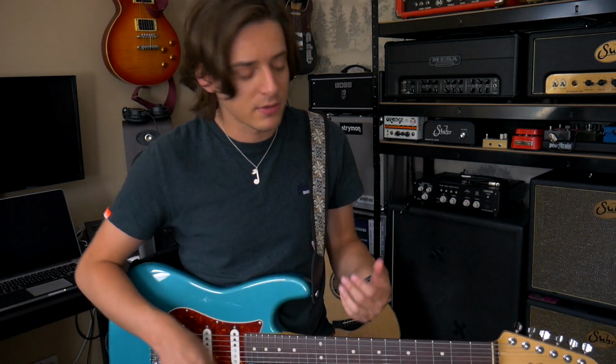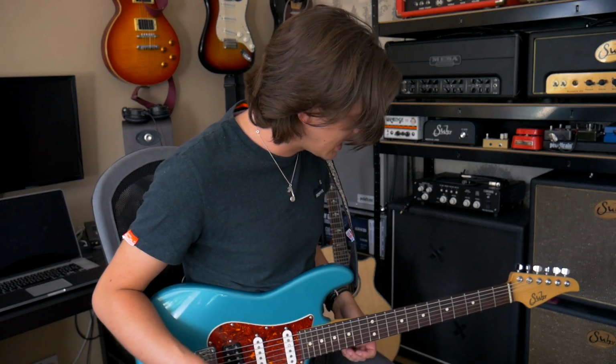This amp though, I really wanted something that was 6L6 driven, so it's a little bit more of that American voicing, and if I turn off the overdrive pedal that I had on and just play with the clean channel of the amp,